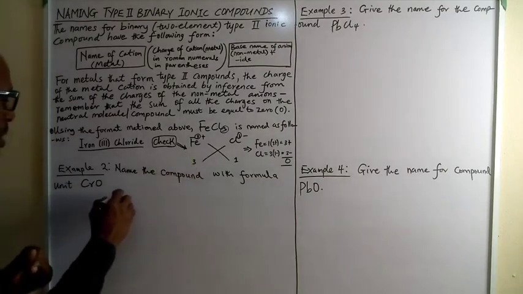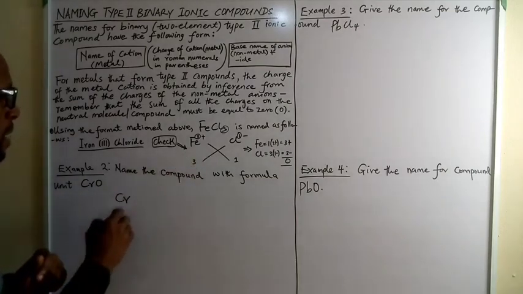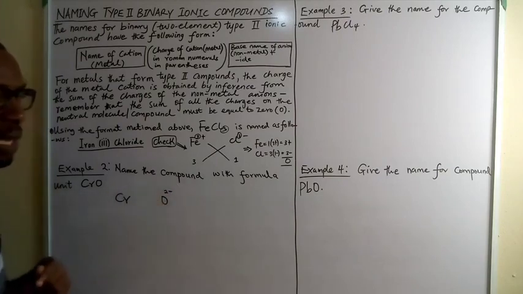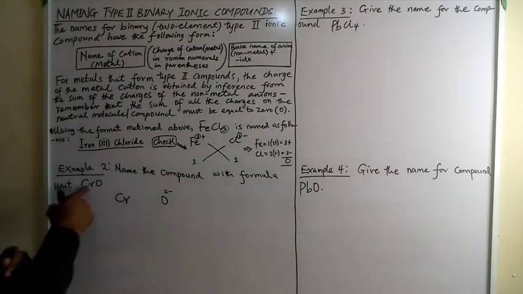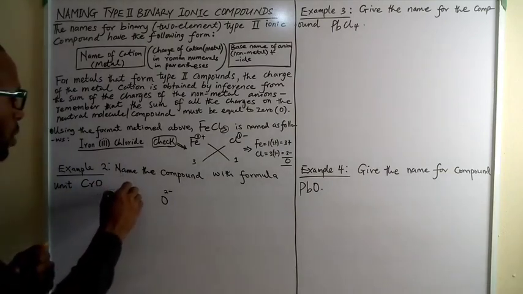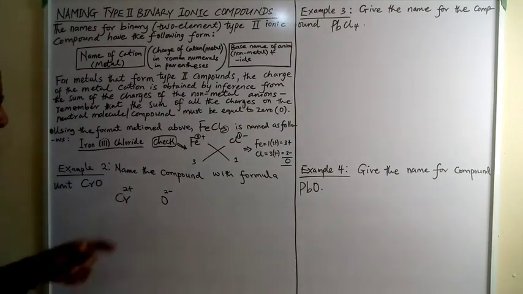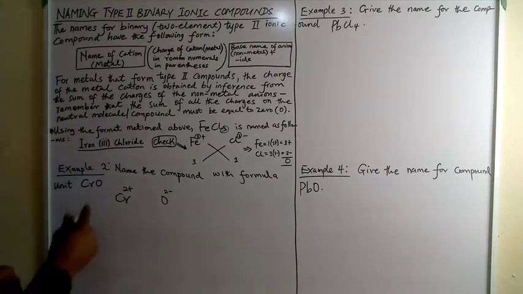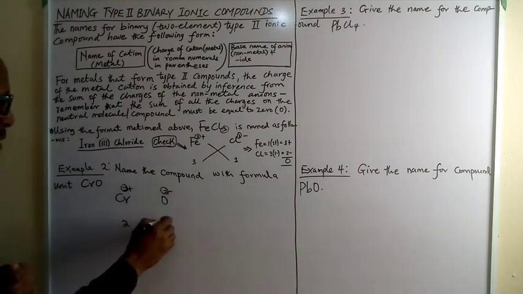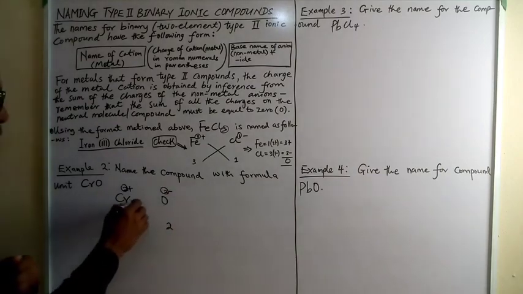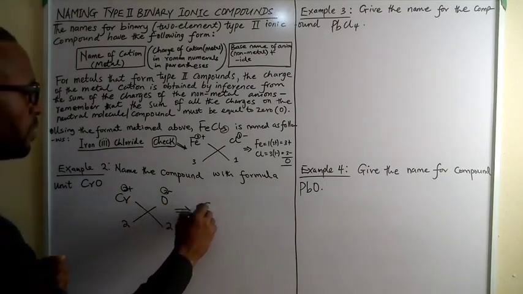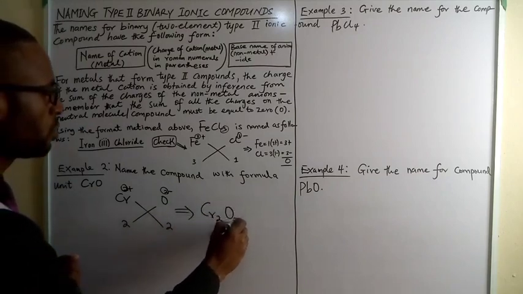So what we're going to do is we say chromium here, and of course we have oxygen here. Oxygen will always give a 2 minus charge. Therefore, if both of them are in the ratio of 1:1, it means the charges cancel out. That means the chromium should have an oxidation state of what? 2 plus charge. All right? So if you bring down the magnitude of this charge, you have 2. You bring down the magnitude of this particular charge, you have 2. You use the crisscross method again. Ultimately, what you have is Cr2 and O2. This is what you have.